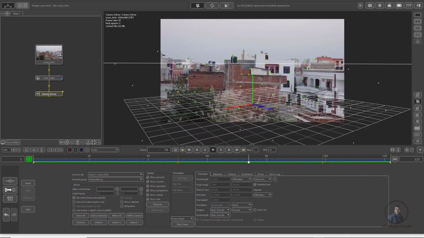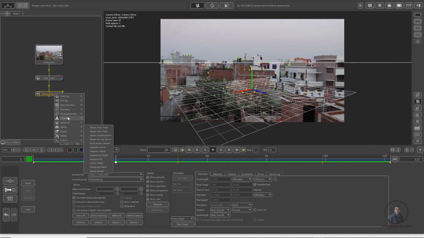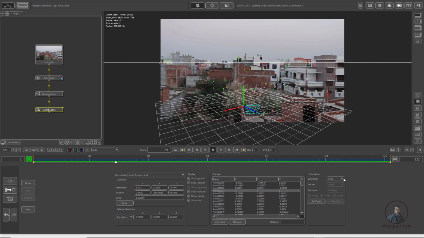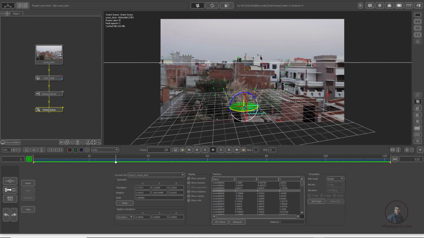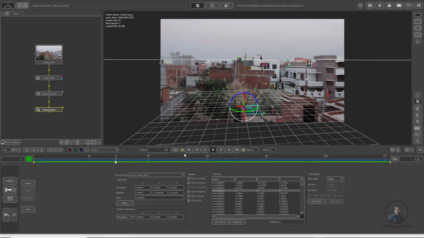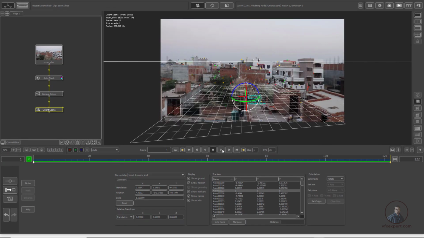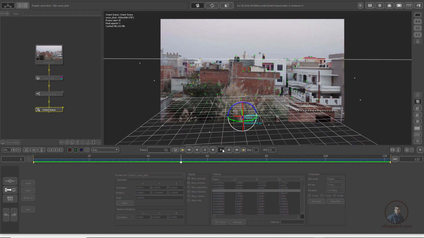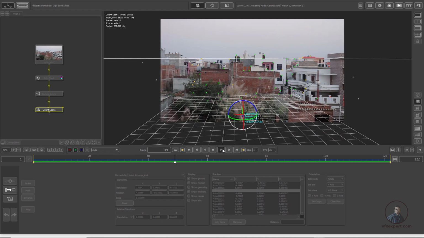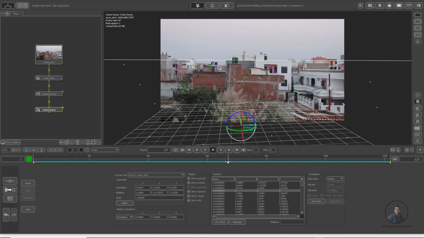Then after this we have to orient our shot. So again just simply click on utility and click on this orient scene, then select this point as origin, then set origin. A little bit, just select this rotation and you can adjust scene rotations. This is our horizon, so if you want you can adjust it a little bit here. So now just play and check here. So now you can see this is looking good here. So now again stop it here.